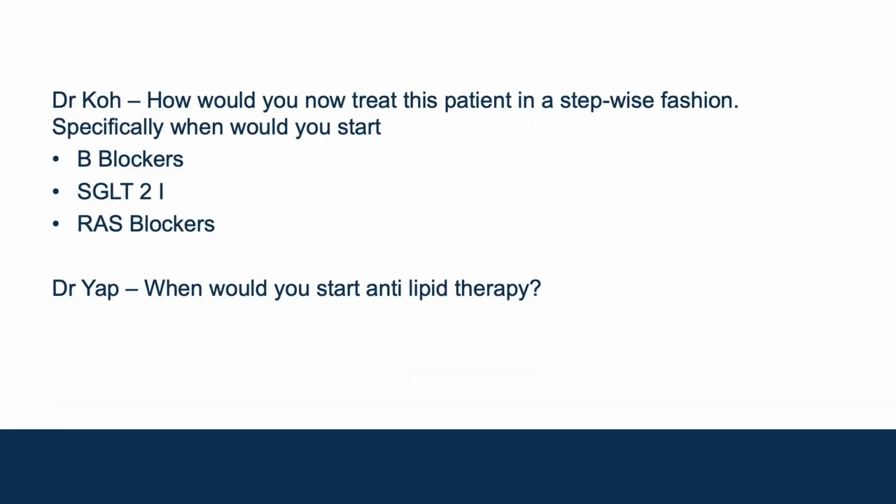Right. Okay, go ahead, Dr. Koh, how would you now treat this patient? All right. So once we have addressed the etiology of the heart failure, which you've done a very good job establishing the flow for the coronaries, now we have to treat the condition. The condition now is congestive cardiac failure. No doubt that initiating all the heart failure medication is very important, but the limiting factor is always the pulmonary congestion as well as the blood pressure. A lot of the time they have low blood pressure to begin with initially, and then improve slowly.